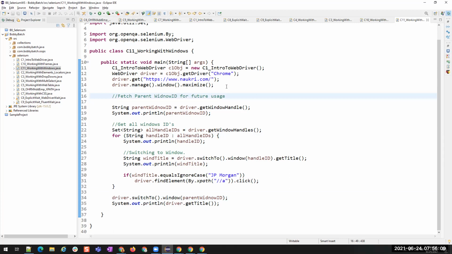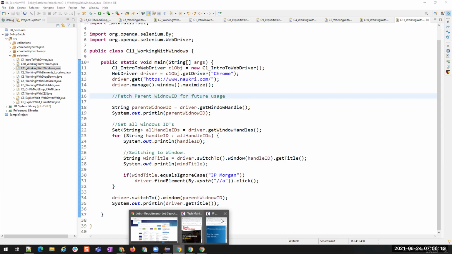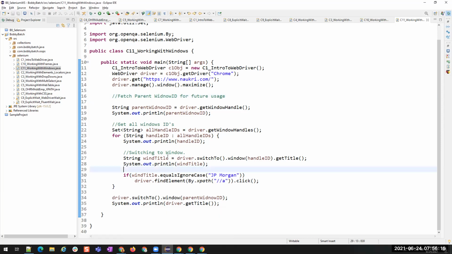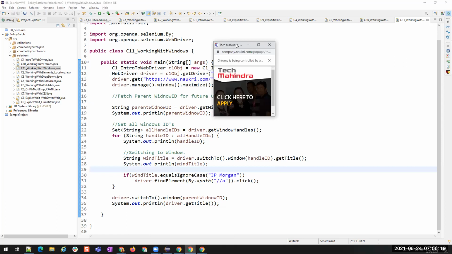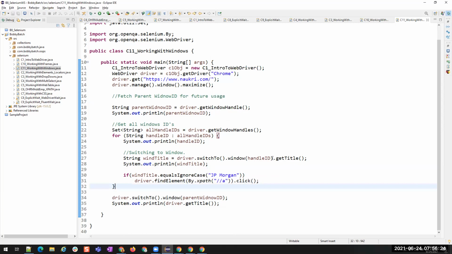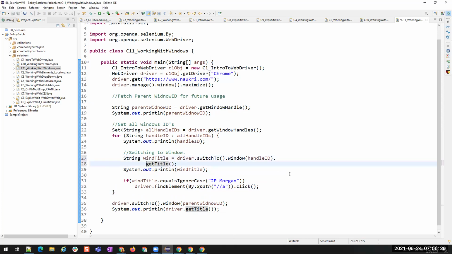Then now we are done with these windows. So wherever you want to move in between these windows, you can get that window title. If the title is not going to be fixed or static, and you know the URL, then to get the URL also there is one method. Instead of getting title, get current URL.